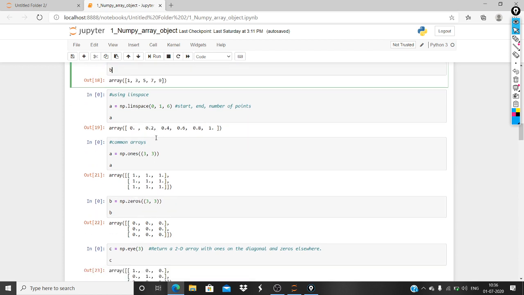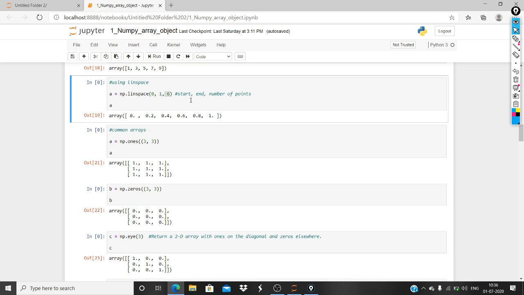Okay, np dot linspace. Linspace is another function which takes what to start from, what to end at, and the number of points. You can see the output. It's pretty simple: 0, 0.2, 0.4, 0.6, 1.